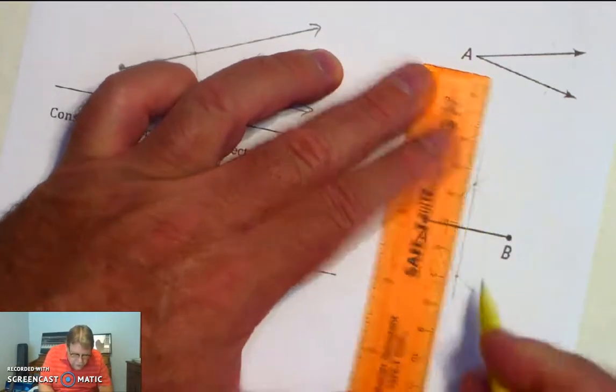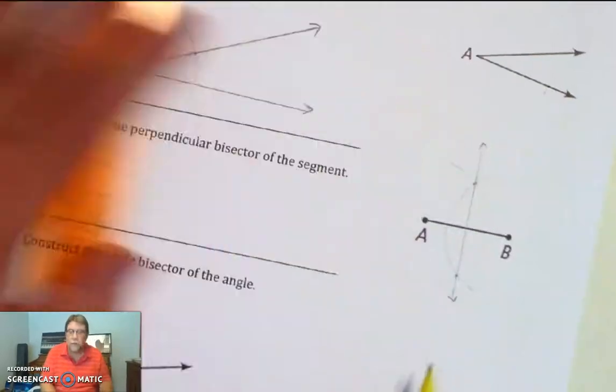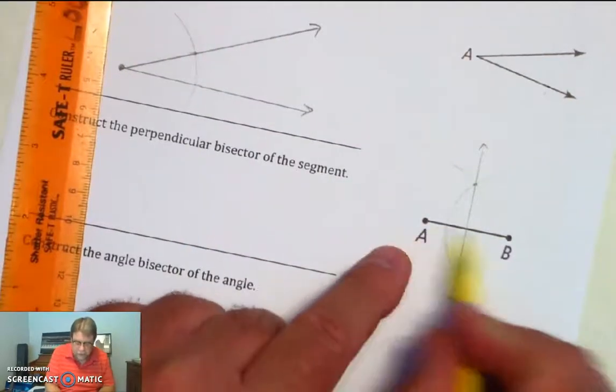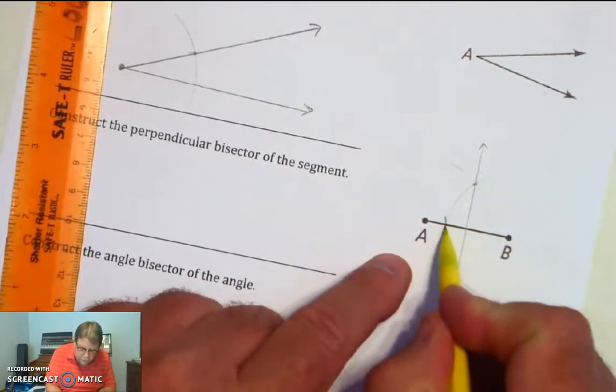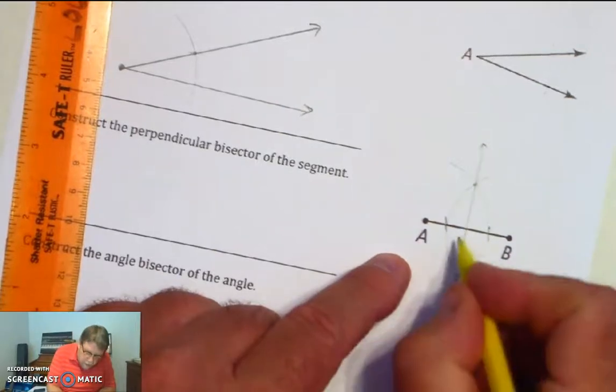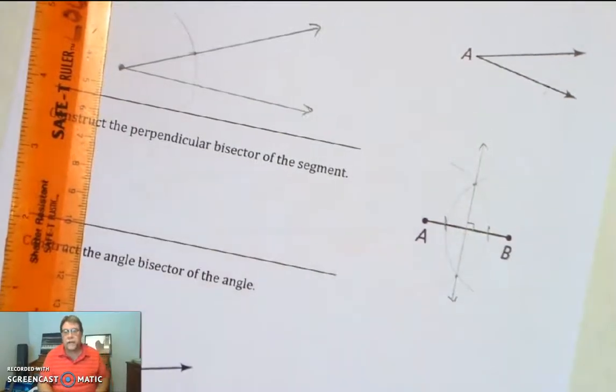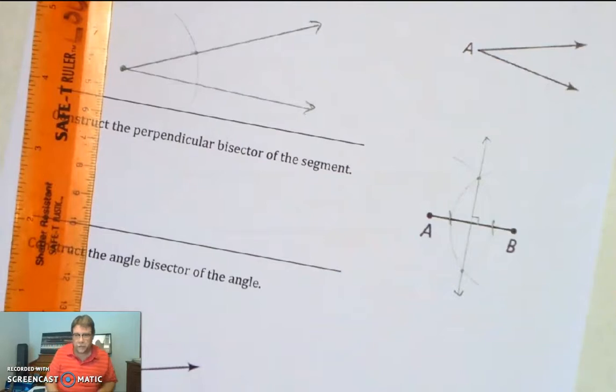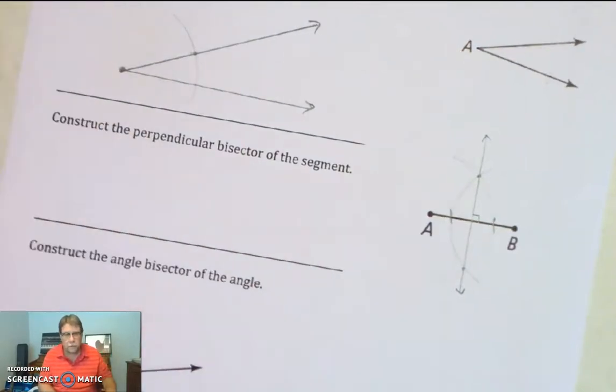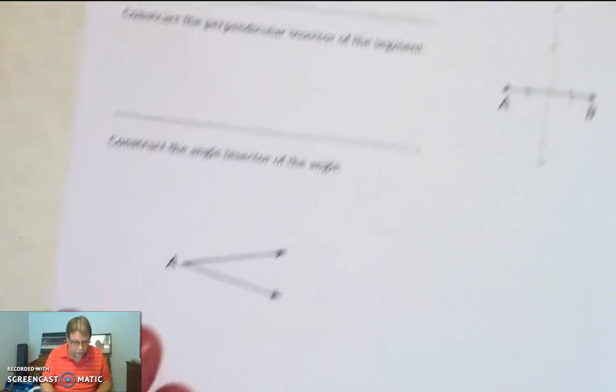What happens is you put arrows on that side. What we have done is we've bisected this segment, so that's a bisector. We can mark those as congruent. We can make that a right angle. That's the perpendicular bisector. Last thing we're going to do is we're going to construct an angle bisector of this